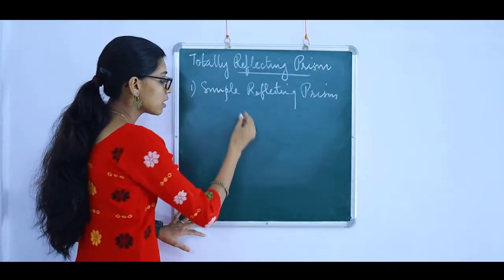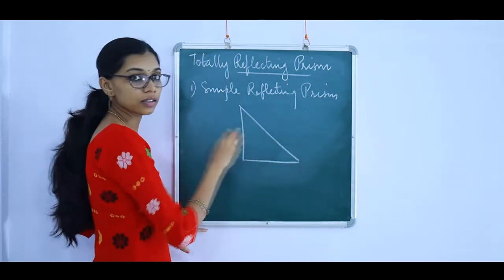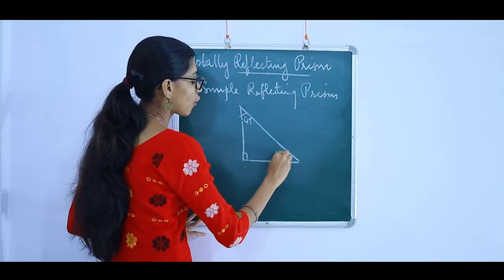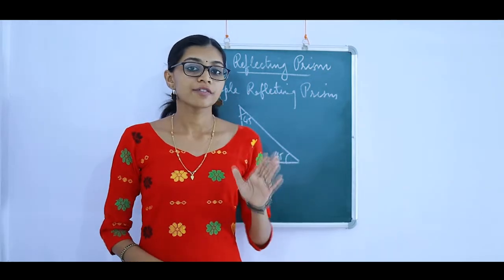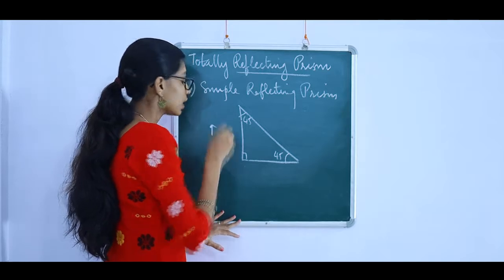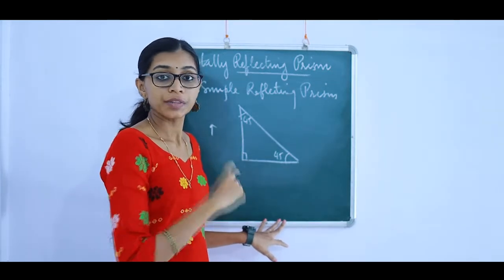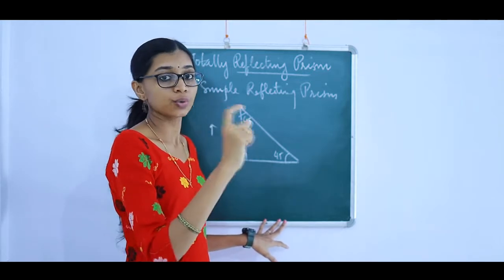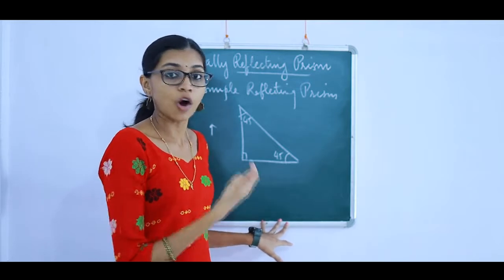For that I am going to consider a prism. This is a reflecting prism with 45 degree, 90 degree, 45 degree angles. Now, you have an object placed in front of this prism. So, let's place an object. To obtain the image of this object, you need to draw incident rays coming from the object, which will pass through the prism and may undergo total internal reflection and come out and form an image.